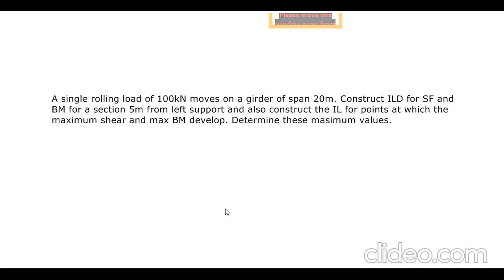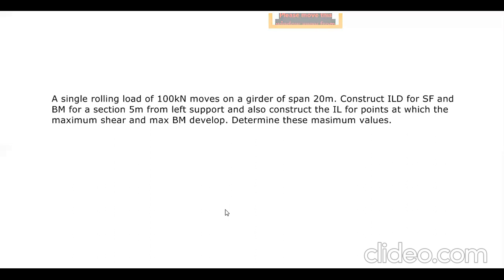Here the spelling is a mistake in maximum value, please ignore it. In the previous case, we discussed how to draw the influence line diagram for reaction and bending moment, and how to place the load over that to find the maximum bending moment, maximum shear, maximum reaction and so on. And one problem I have solved for the UDL load. It will be a little tougher because you should place the load only under the maximum area of the influence line diagram. If it is a point load, there will not be too much confusion. If it is UDL, you will be a little confused.